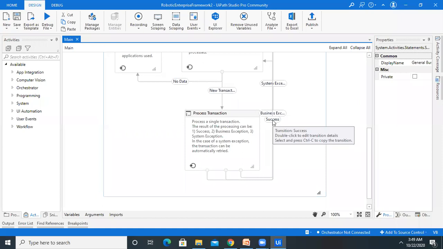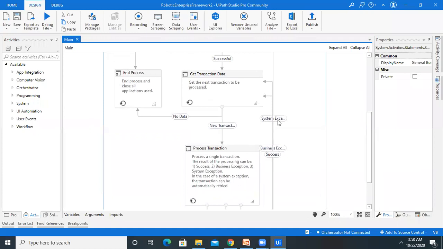And in the same process, if he or she uploads the documents, it will show us a success message. Again, there is a system exception. It means after this transaction, if the system finds any error, it will throw an error message. So now 4 plus 3, it means in the RE framework we have 7 transitions and 4 states.